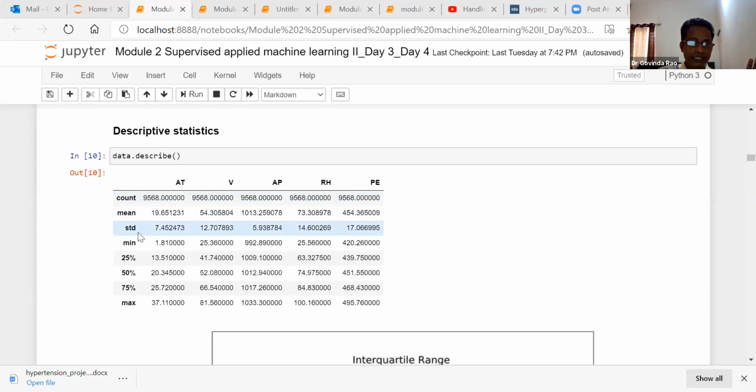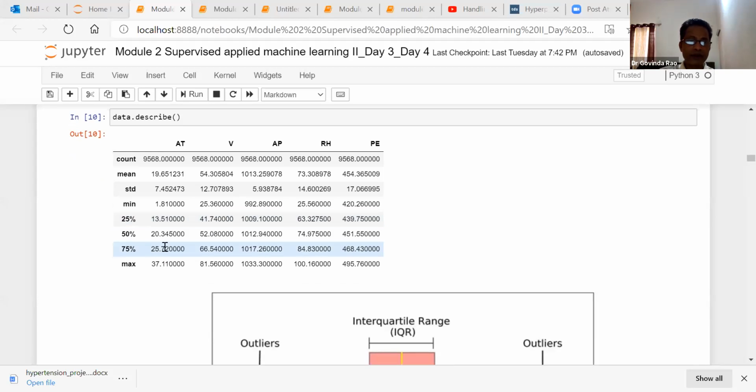Here we can see the standard deviation, minimum, 25th percentile, 50th percentile, and 75th percentile. These are nothing but quartiles. Considering 100 points of your data, from here you compute the 25th percentile, and this is the value for it.